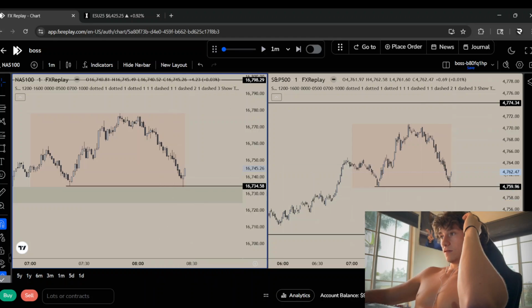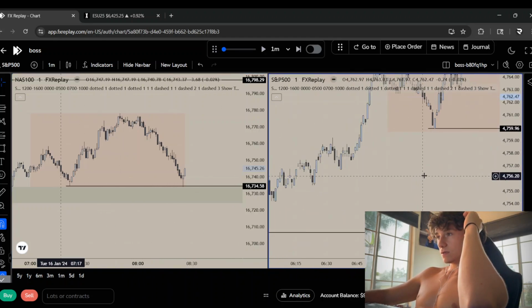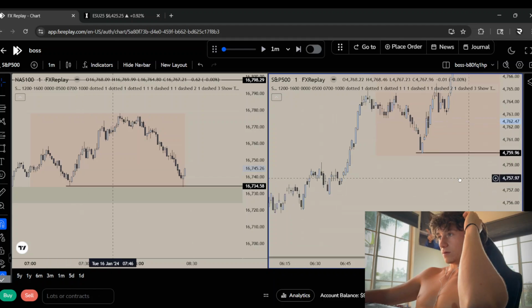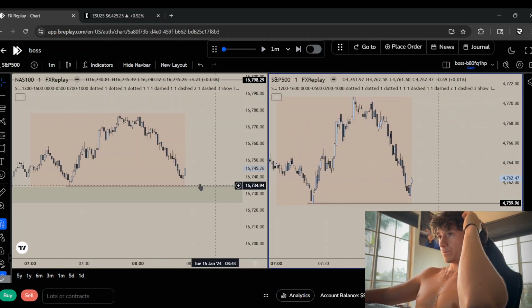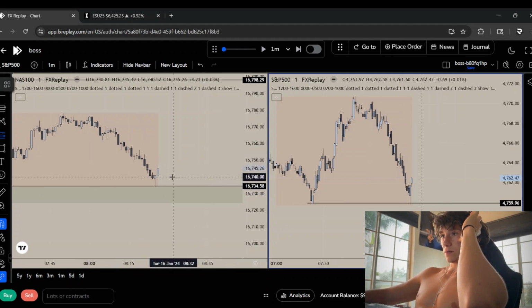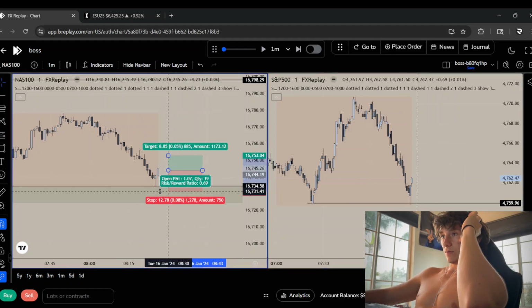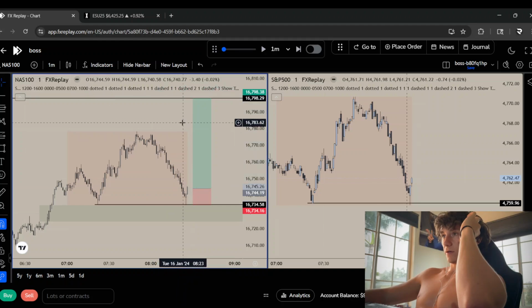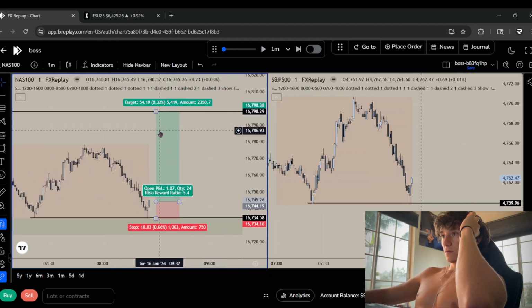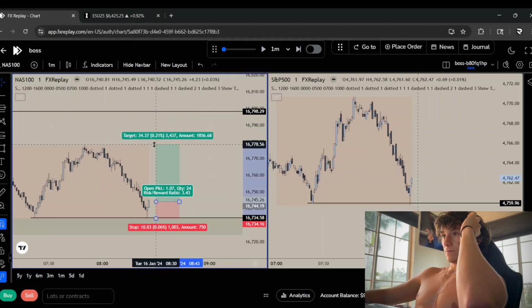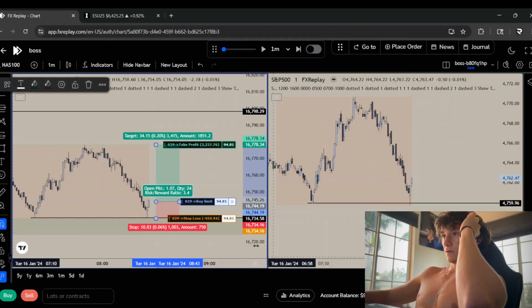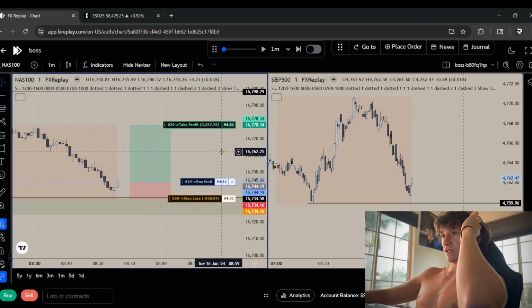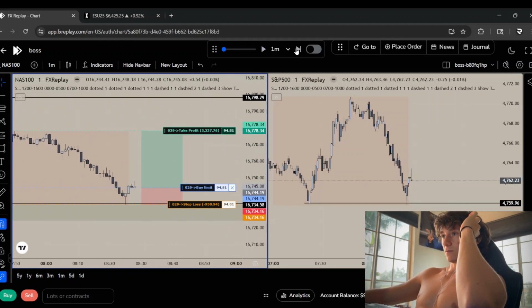So as you can see, there's a gap here on the S&P, but this is something I would enter. Maybe my win rate would get boosted if I stopped doing this and only traded when all the gaps are filled on both. I don't need it. Stop being greedy. Target pre-market high, boom. Place order, save. Alright, let's see how this plays out.